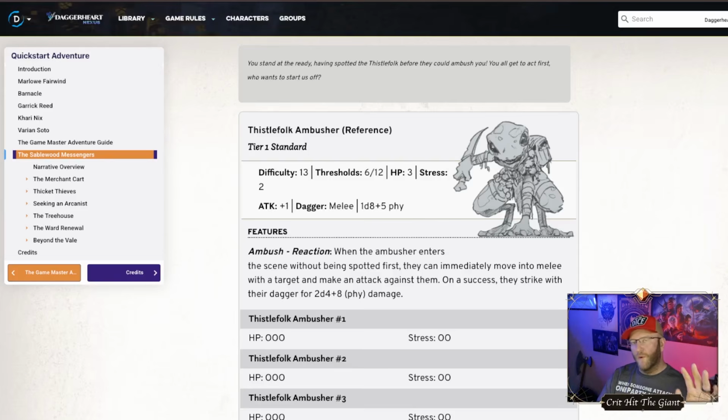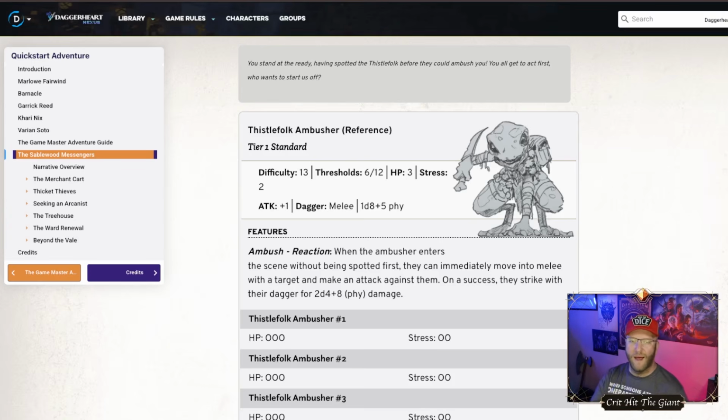Okay, so one of the cool things that Daggerheart has done with their setup and their design for running the Quick Start Guide, and I think any of the adventures that they've put out for anybody to use, is the really creative use of their adversary stat blocks. First of all, if you have not seen the adversary stat blocks, I think they designed them very well to allow people to quickly find information and simplify it, so you're not having to look in multiple places to find the thing that you're trying to have the adversary accomplish